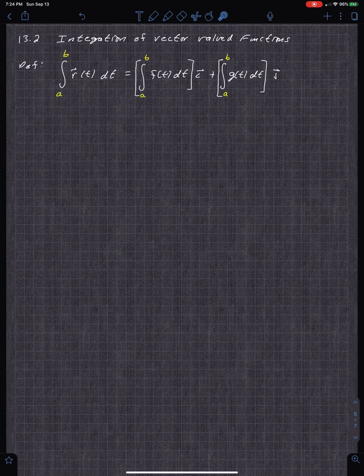Here's the definition. I'm not going to go through these quite as detailed as the other ones for derivatives, but basically, when you integrate from a to b, so t is in that interval from a to b, of r of t dt, then all you have to do is integrate each of the functions with respect to t to get your integrations. Now you are going to get in this plus an arbitrary constant,